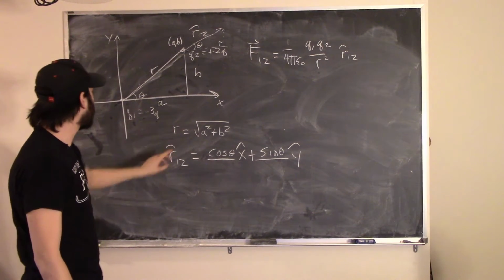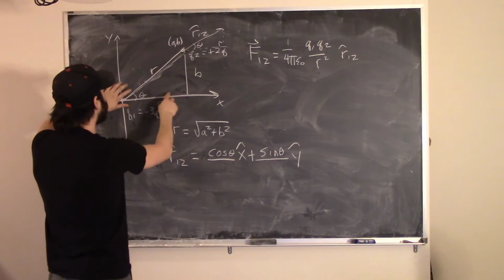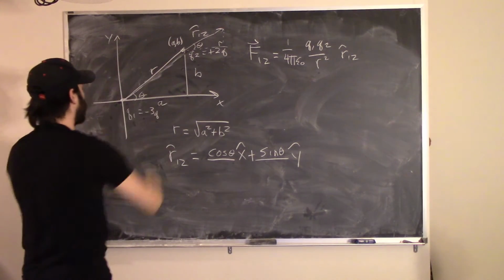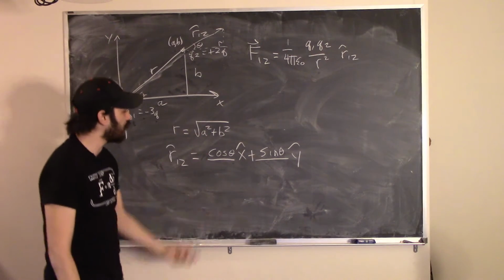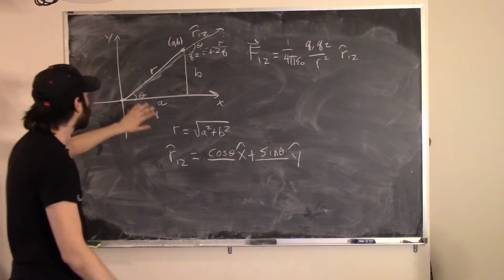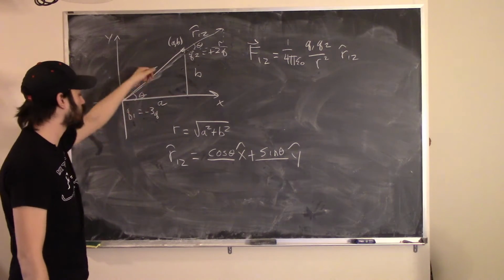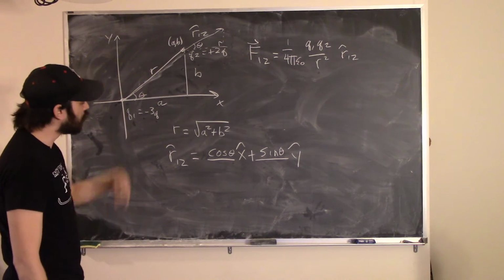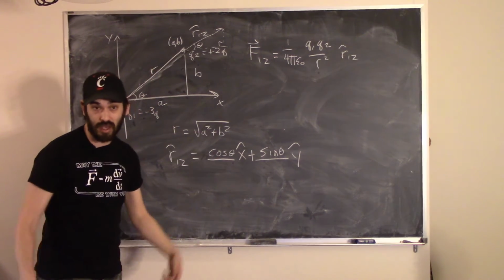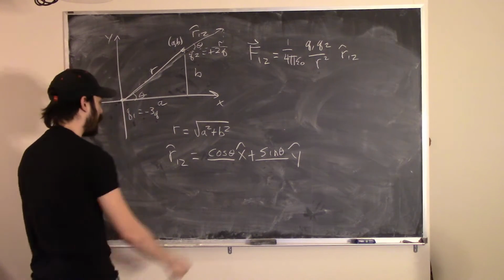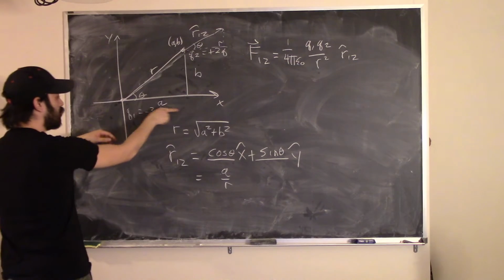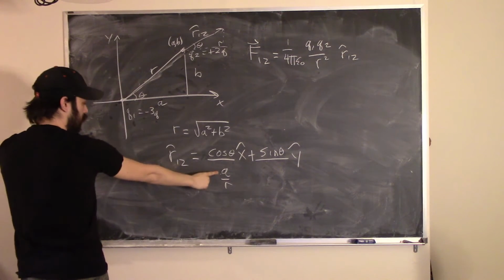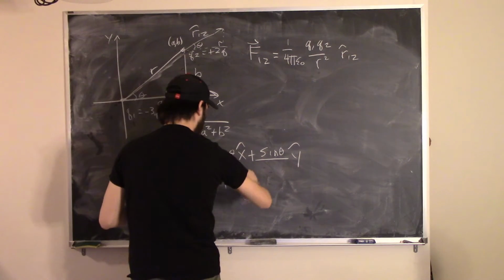So in order to get rid of it, we can go back to the original larger triangle that we have here and ask ourselves, what is cosine and what is sine in terms of the sides of the triangle? We remember that cosine is going to be the adjacent divided by the hypotenuse, and so this is going to be A over R, right? So this is adjacent over hypotenuse, x hat,